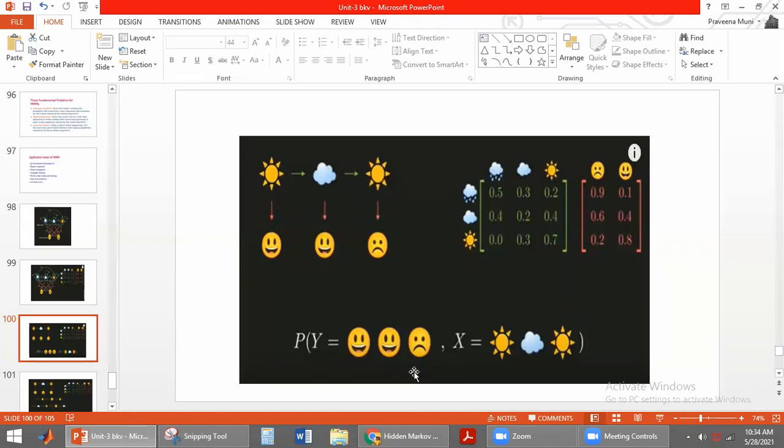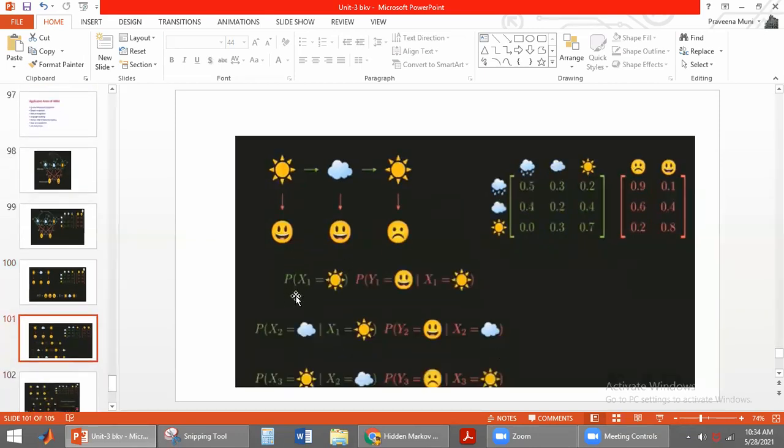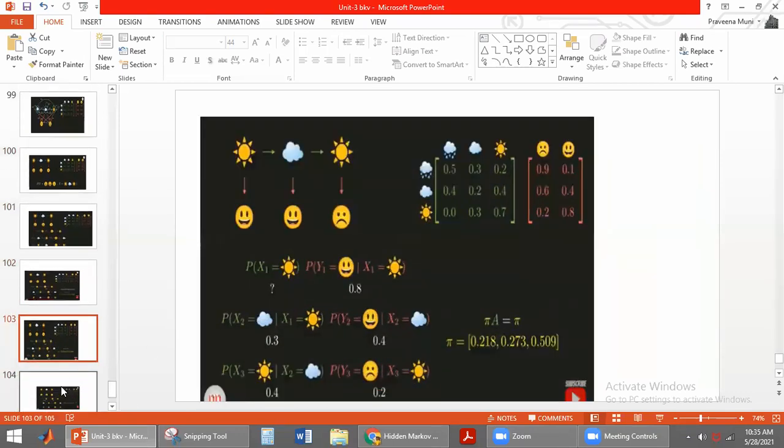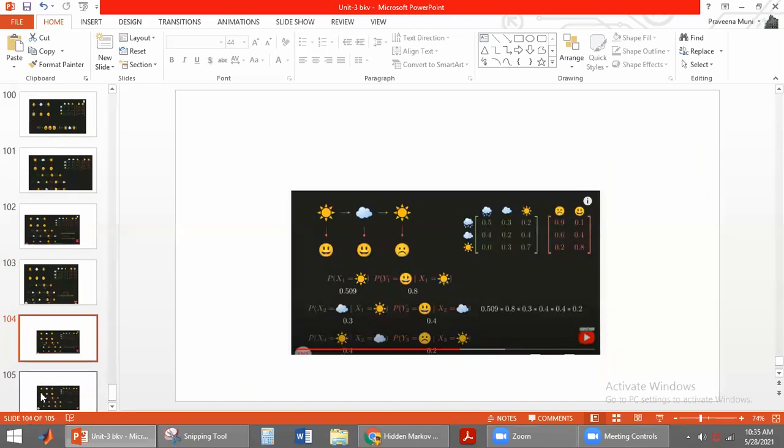This is the probability we need to compute. To compute it, we use this equation. It depends on the initial state, the observed model or sensor model, and the transition model. Now we substitute all these values, and we get the value for this probability as